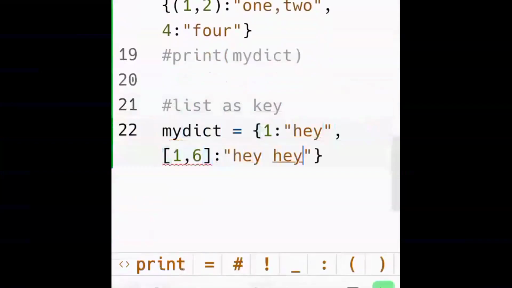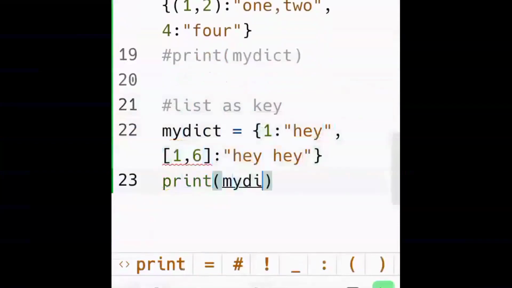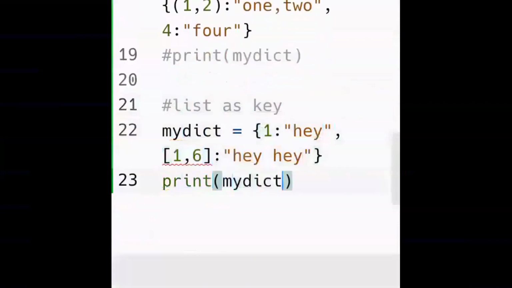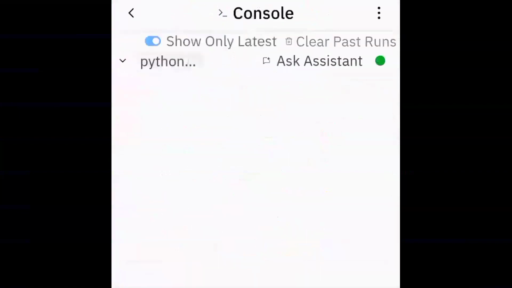And then the value for it, for example. I mean, this doesn't make much sense. It is just for an example case. So don't feel frightened by this example. It doesn't make sense, just for example scenarios. So 1, 6 as the list is one of the keys here, and then we print out my dict. So we want to know if this is a valid key or not. List as a key.